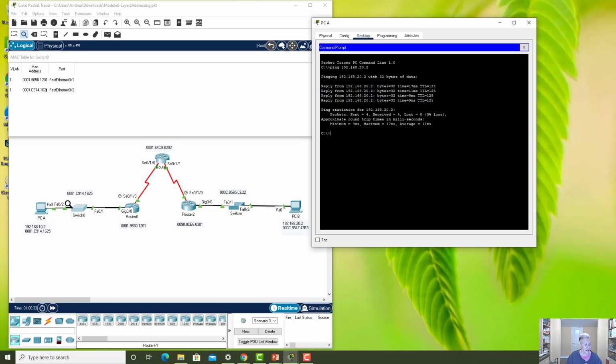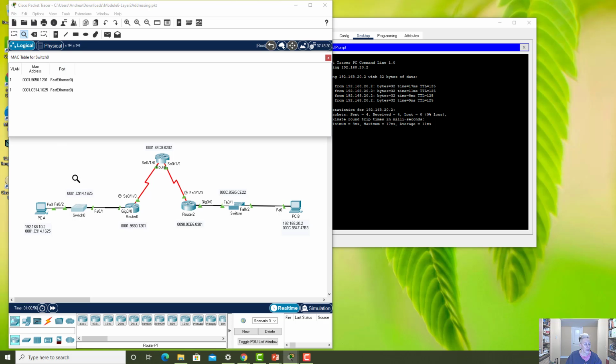So we can see that our port is associated with VLAN 1. It went into the switch on F02, and the MAC address that is associated is the incoming 001C914 1621